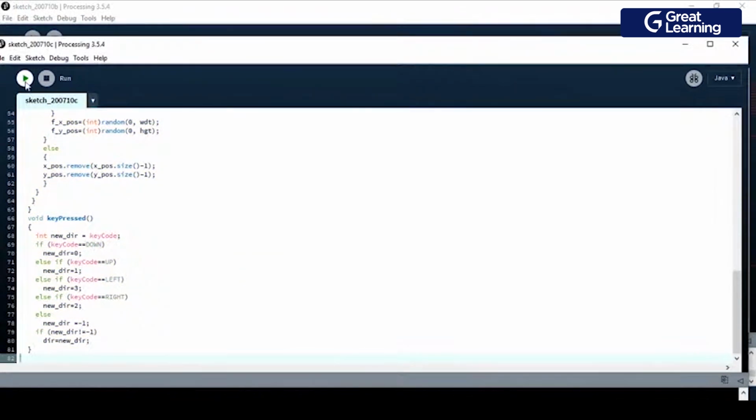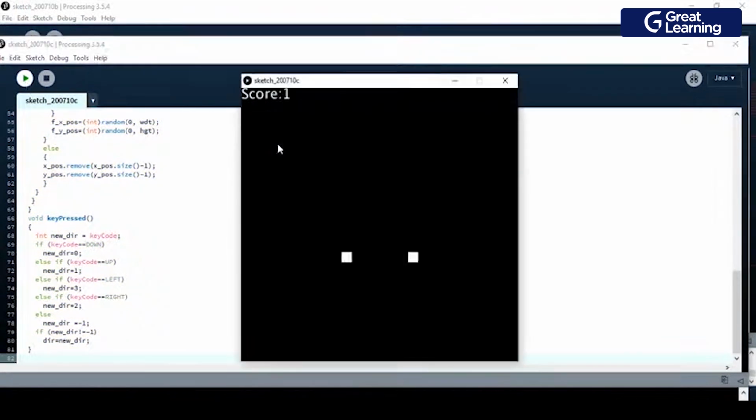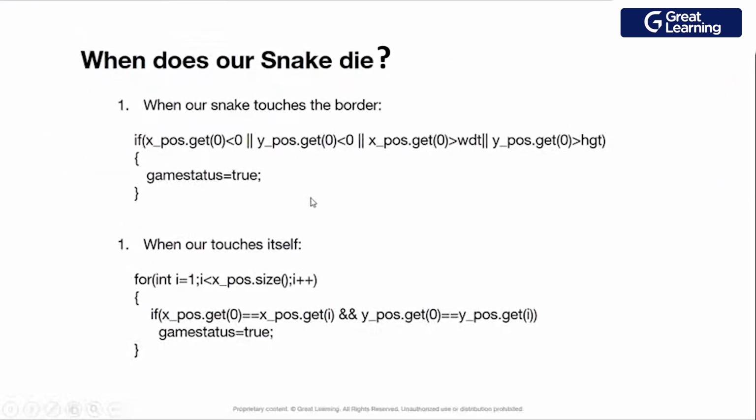Now let's see. Now let's make him die. So once he's died, you see the score is gone, everything is gone. Now we don't want this ambiguity, right? We want something to be shown that this is your score, and this is the score that you got. Do you want to play again? Press enter, maybe some kind of that thing. So now let's go back to this thing. Now our snake is died.